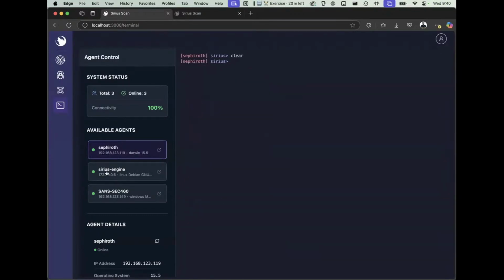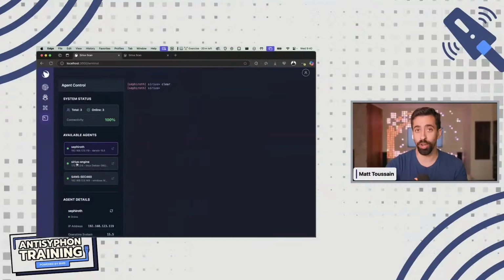Now, one of the things that I mentioned is that the way Sirius Scan works at the moment is that you have to manually trigger every type of scan that you want to do. In the future, what should happen is that when an agent gets installed on a system, that should automatically trigger a scan, and that scan should report to Sirius all of the details. Right now, there's an extra step, and effectively, all it requires you to do is connect to an agent and then click the scan button or type scan, and it will